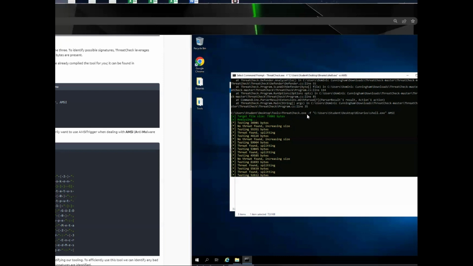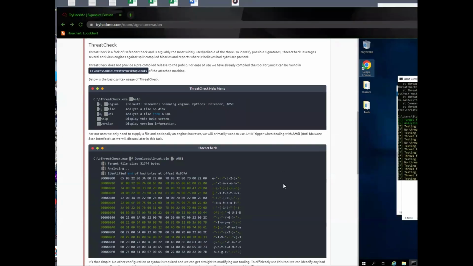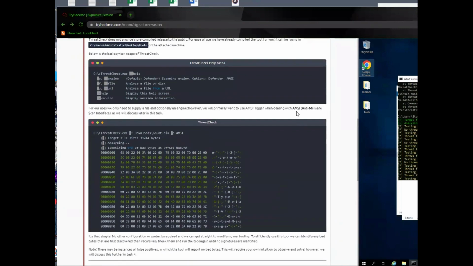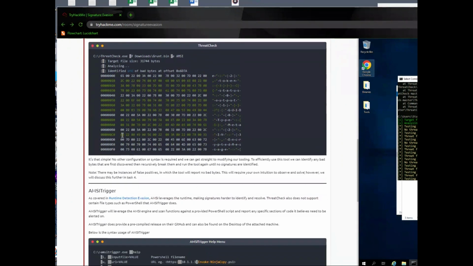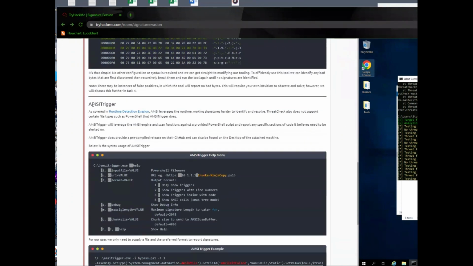So here you have threatcheck.exe space dash F, space, double quotes, your path to the file you want to analyze, which in this case is shell.exe. And then space and AMSI, as in Alpha Mike Sierra India. Okay, and what that is, that is the Anti-Malware Scan Interface, which if we see here, the AMSI trigger, as